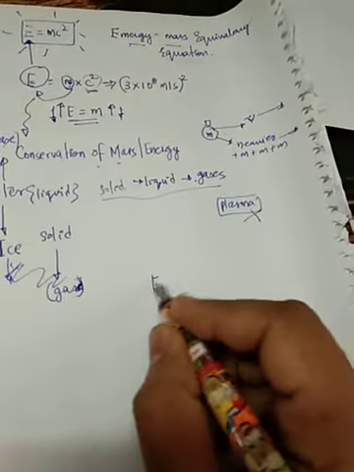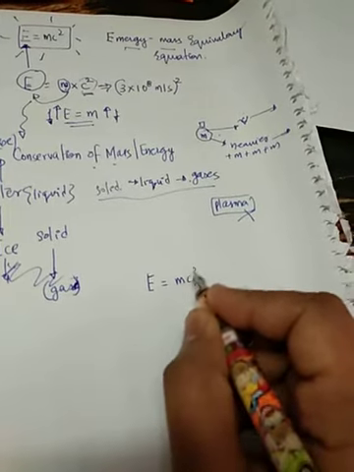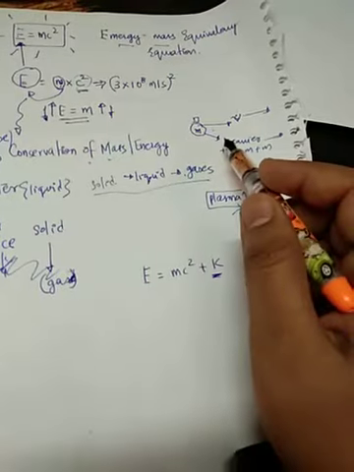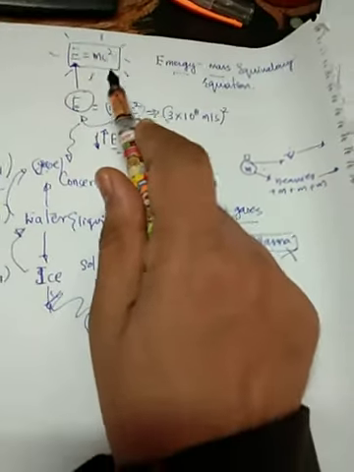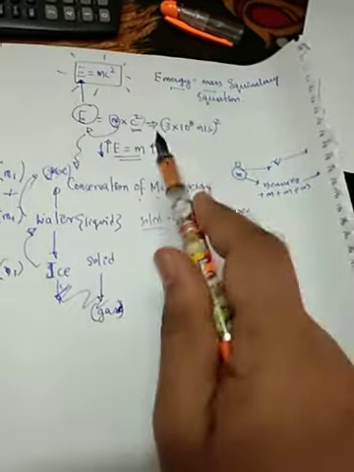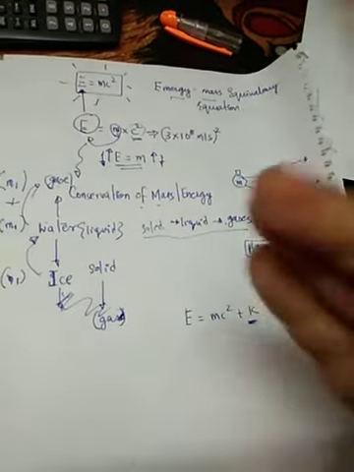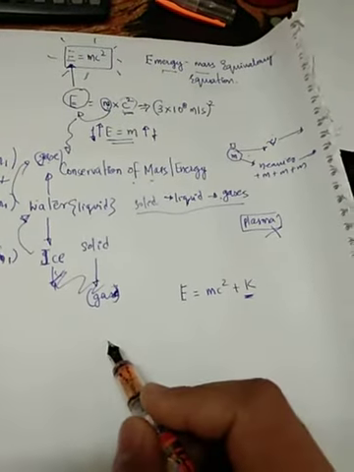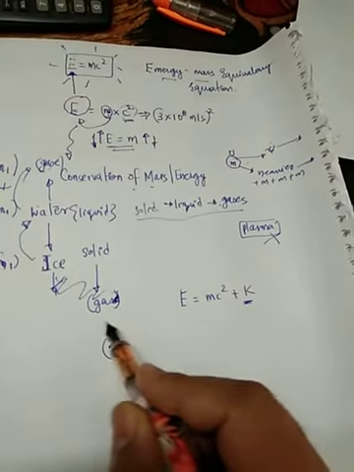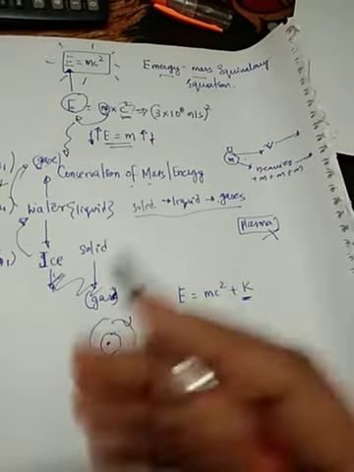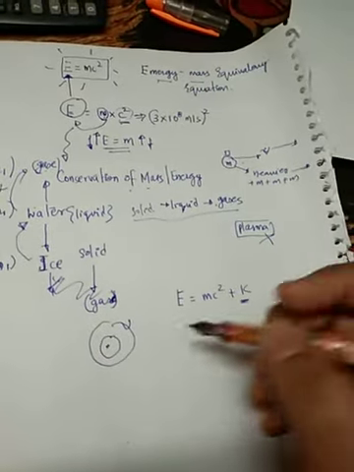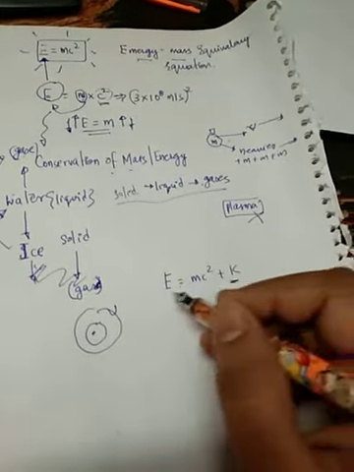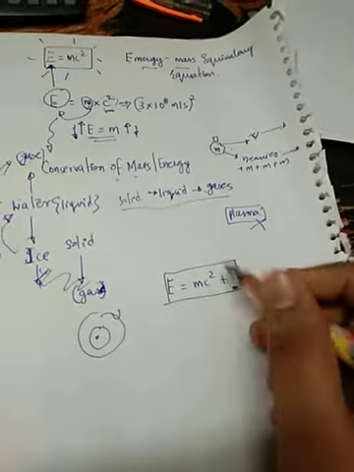So this equation is actually something like this: E equals mc squared plus some kinetic energy. This is your kinetic energy. This equation is only for stationary objects, but everything is not stationary, right? Everything is relative. As I told you previously, we are relative to Earth and Earth is related to the universe. So ultimately all are related to each other. In a very similar way, this equation is related to kinetic energy. So we have E equals mc squared plus K.